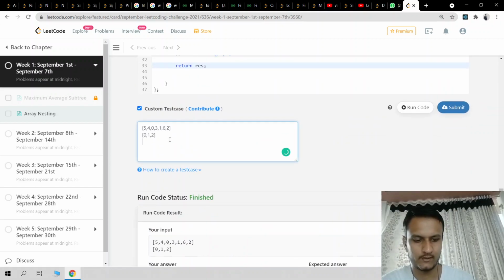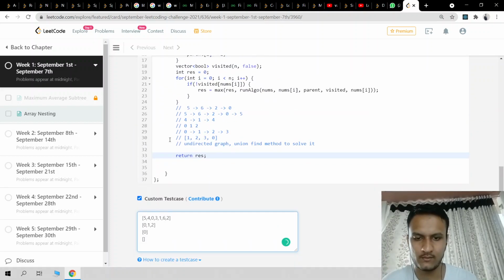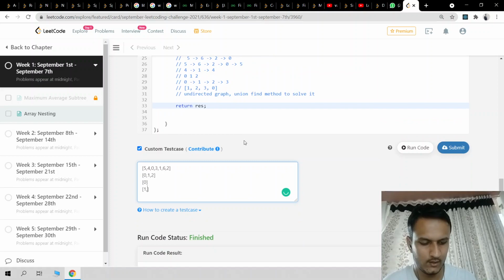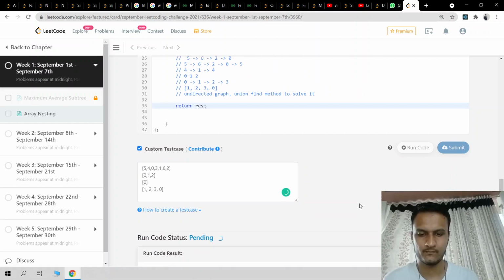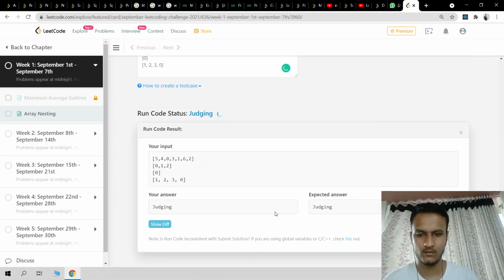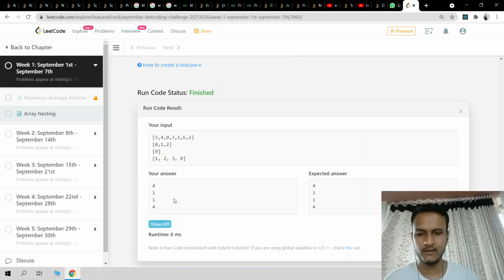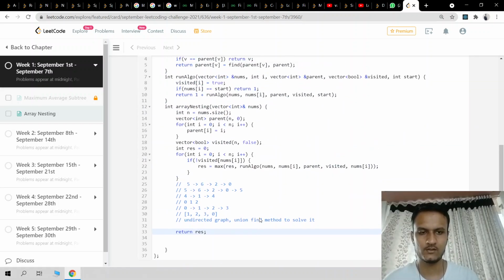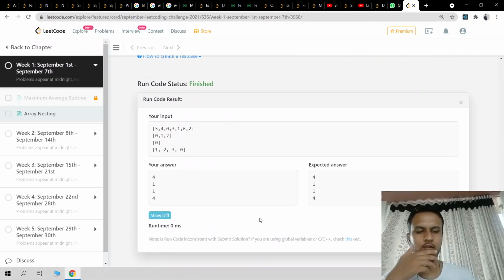If I put one length, okay, it should be zero. Let's put our sample test case which I have created: 1, 2, 3, 0. Also, let's run this one. I think it should give TLE to me. This is the correct answer, but I think it should give TLE.